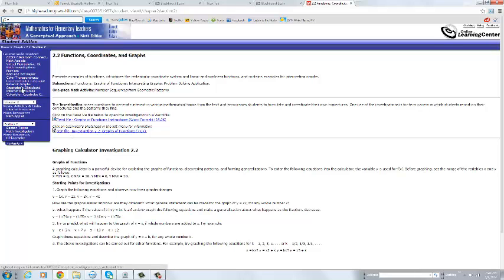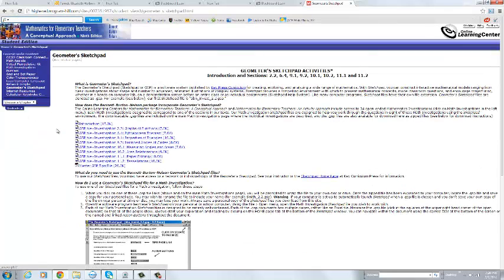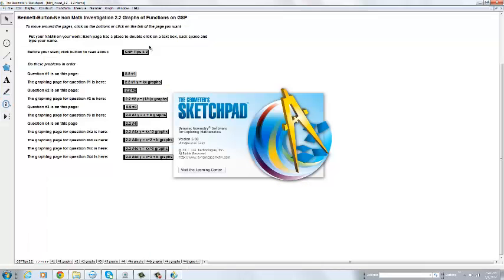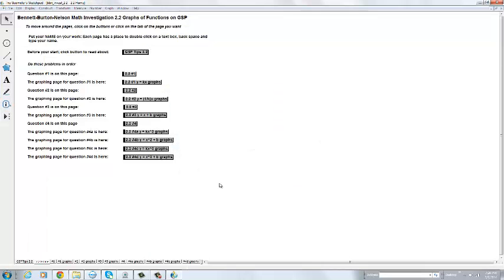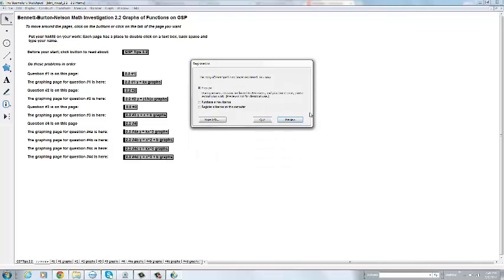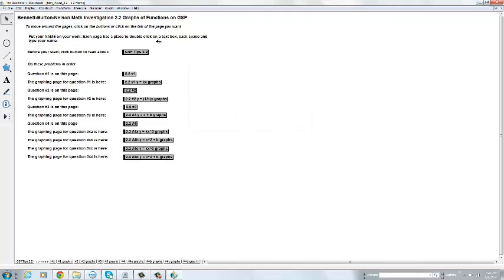Now, Geometry Sketchpad is here, and investigation 2.2, and here it comes up, and we're going to click on that. And so now we have the Geometry Sketchpad. So on number 1,